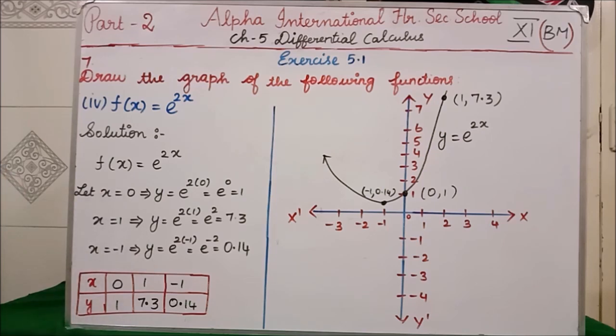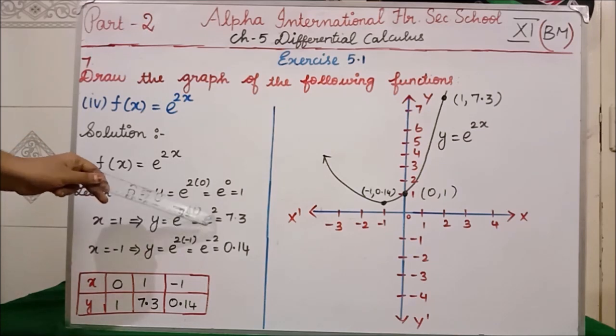First I am giving 0. This f of x you have to consider as y. y equal to e power 2, in the place of x I am substituting 0. What will I get? 2 into 0 is what? 0. e power 0 is what? Equal to 1. In lower classes we have learned in the exponents and powers chapter, any number power 0 is what? 1. Clear? 1 lakh power 0 is what? 1. So here e power 0, the answer is 1. Next we are substituting x equal to 1. Now y equal to e power 2 into 1, equal to e square we have got.